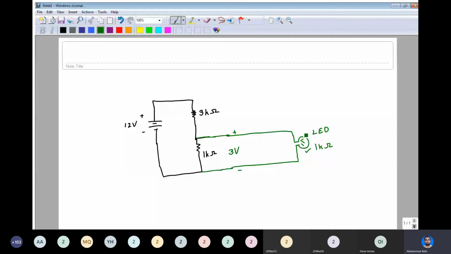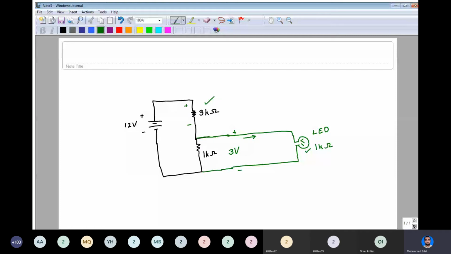It means before connecting this LED, we were getting 3 volt. As soon as we connected the LED across these 2 points, the voltage has dropped. Why did it happen? Because this LED has started drawing current in this direction. That current will cause more voltage drop over here. This is one way to explain it. Before connecting this LED, there was no current flowing out of the circuit at this point, so we were getting 3 volt. Now this current will cause additional voltage drop here in this series resistance.